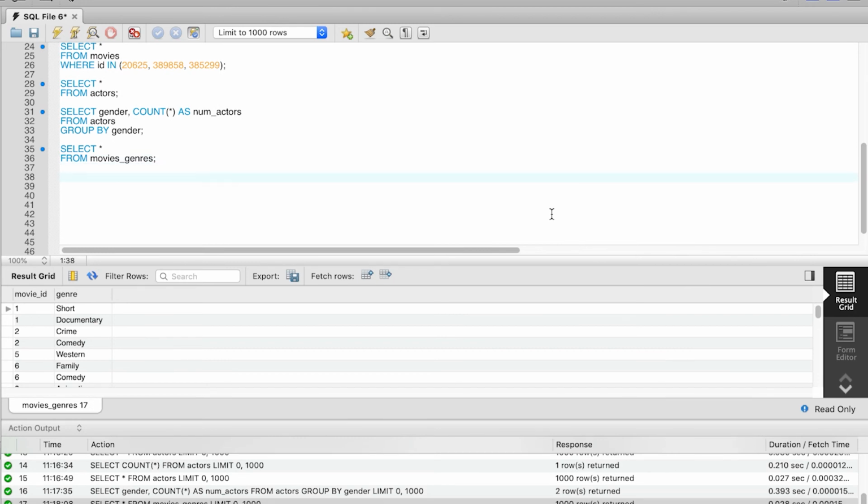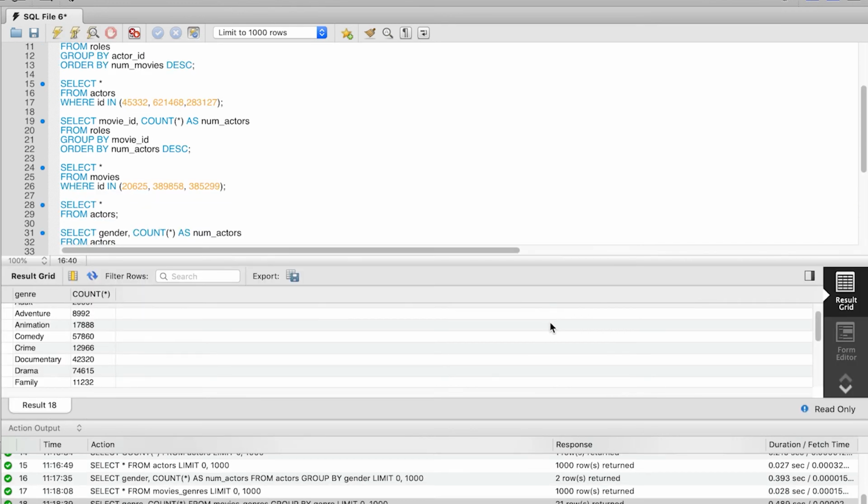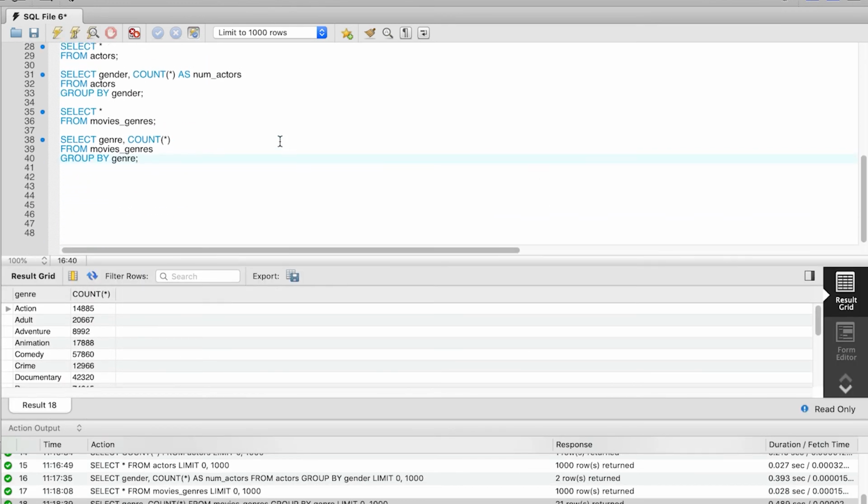What we want to do is we want to compute how many short movies we have in the database, how many documentaries, how many crimes, and so on. So our group by attribute now is going to be genre. So we type select genre, count star from movies genres, group by genre. This query is showing the genre, and the count is counting how many movies are associated with each genre.